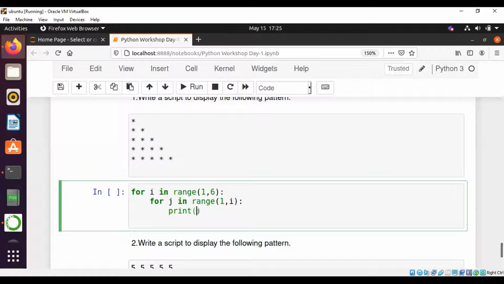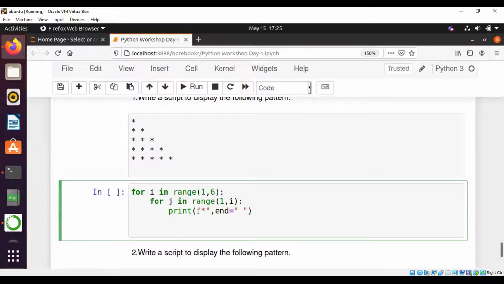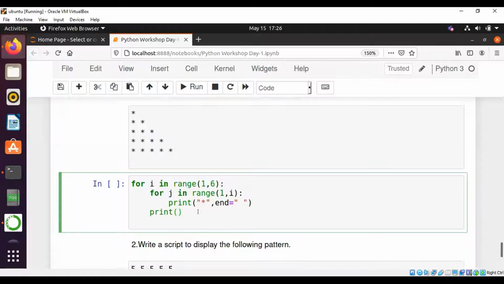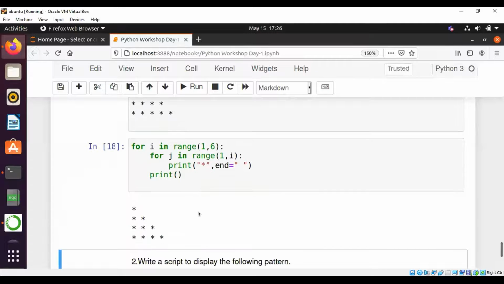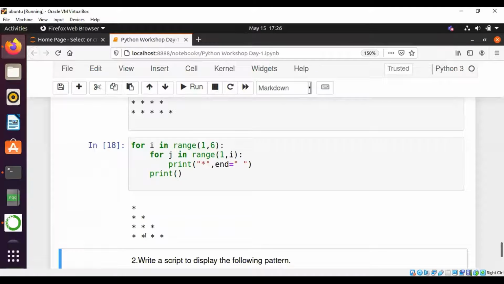Let's see whether it is printing perfectly or not. Let's separate it with a space, and later for the new line we can print an empty string. See, it's printing up to 4 rows. So let's take it off.